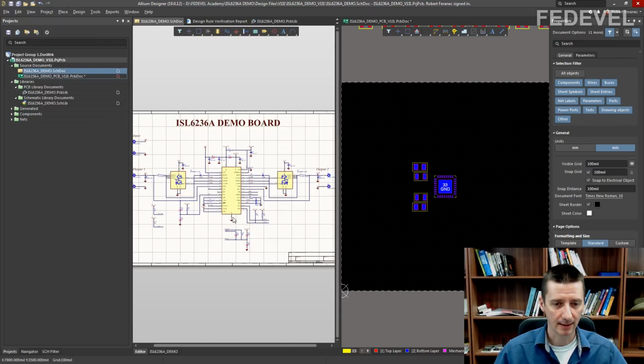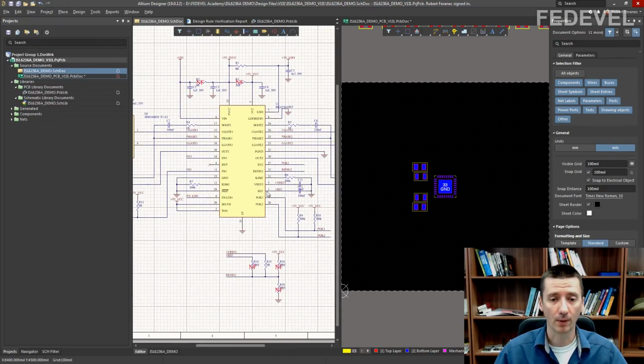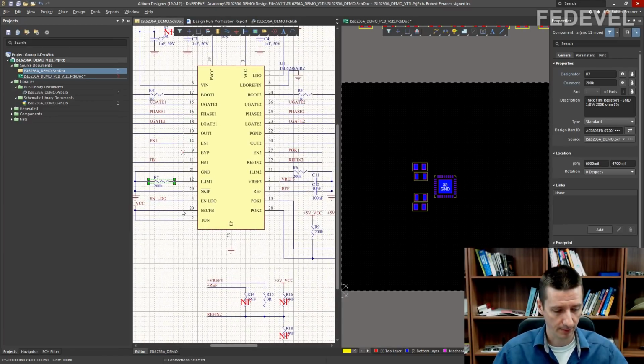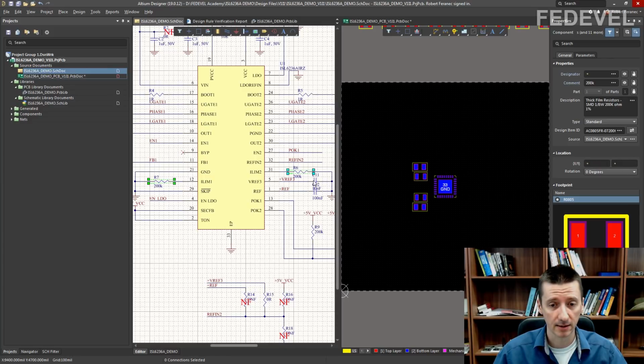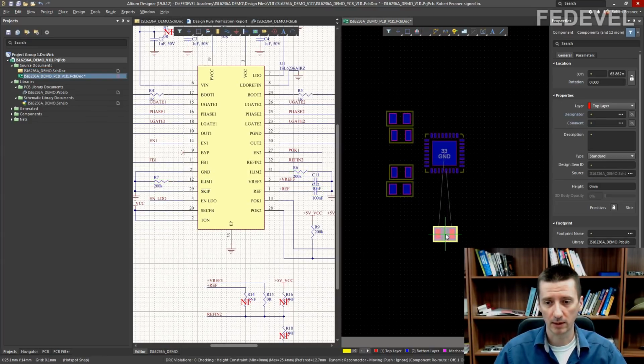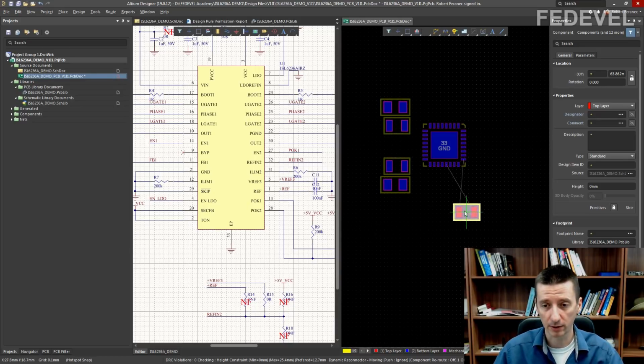Go into our schematic, zoom in. We are going to place more components. Left click on R7, press Shift, hold it down, left click on R6, C11 and C12. Left click on reposition selected components, zoom in, press L to place on the bottom side of our PCB, and where we are going to place this component.